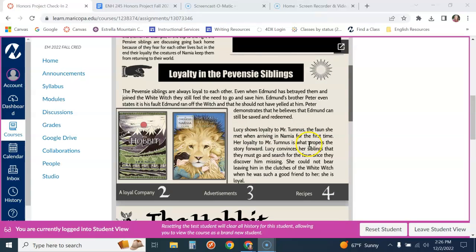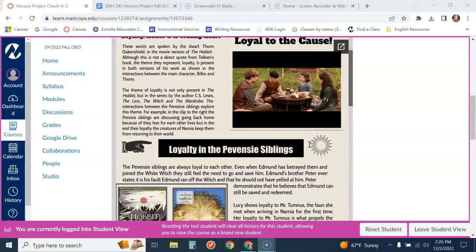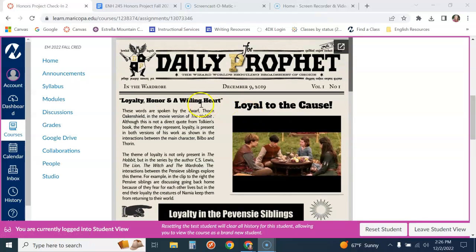And you'll notice they have chosen sort of this article thing. So they're talking about the theme of loyalty in both Thorin and in The Lion, the Witch, and the Wardrobe. What I would argue is this is a great jumping off point.